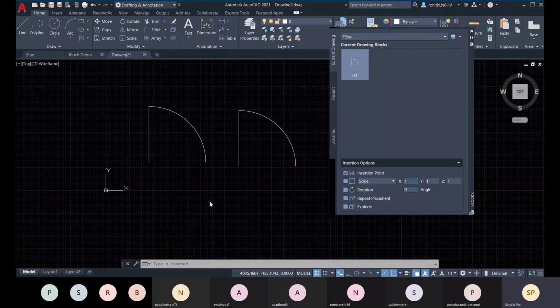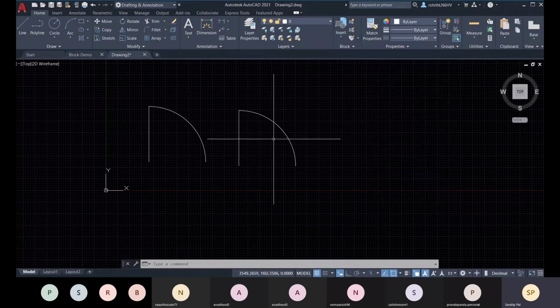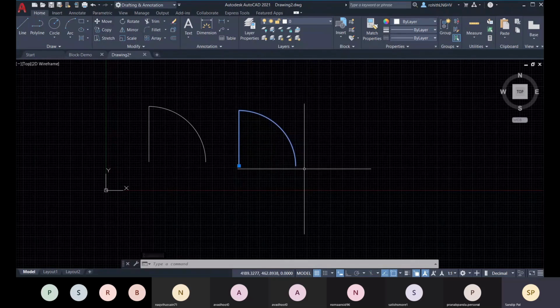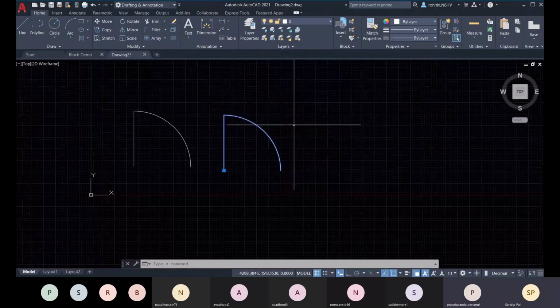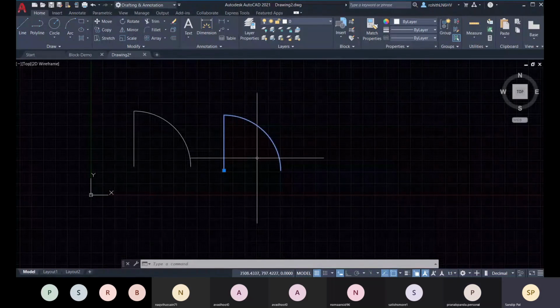So let me ask, what is the actual length right now for this door? That is 1200, right? And if I need this door to be 900 mm or 750 mm, let's take 900.